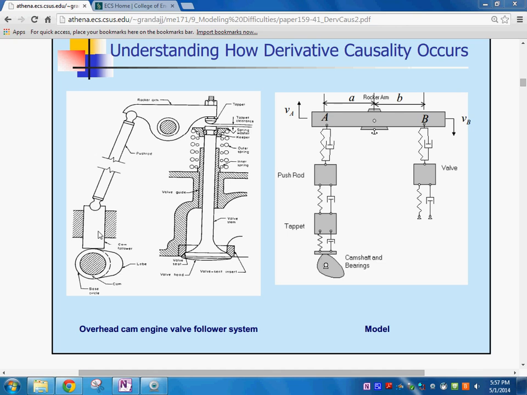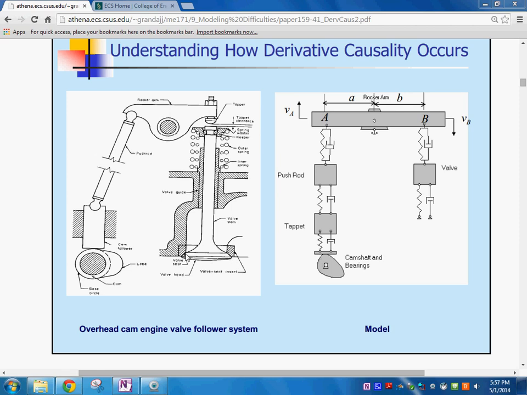So you have this tappet here, which in some cases is a hydraulic one, but this is the push rod. The push rod is connected to this rocker arm in here, which rocks back and forth like that. And of course, what it does is on this point it presses the valve, and when it presses the valve, this